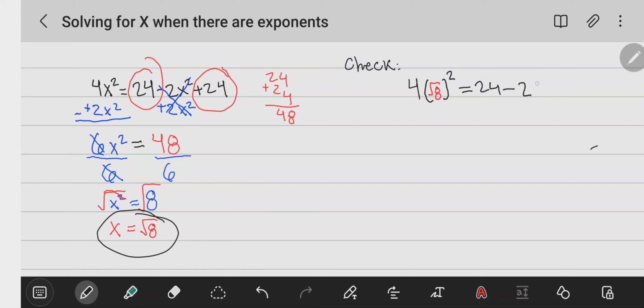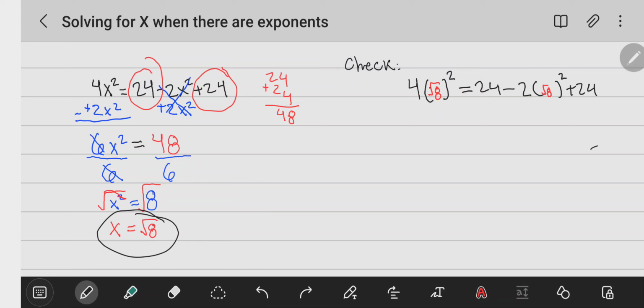minus 2 times, and then x again, so we're going to put radical 8 once again. Radical 8. And remember, it's part of the original equation. Right here we have it squared, so we're going to square it over here as well. And then we're going to add 24. So then when we're solving for this equation now, this square right here and the radical are going to